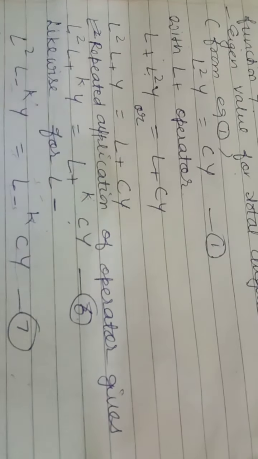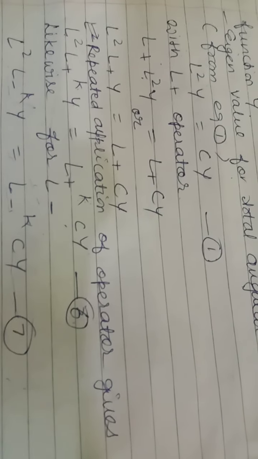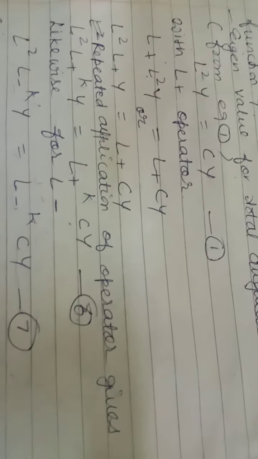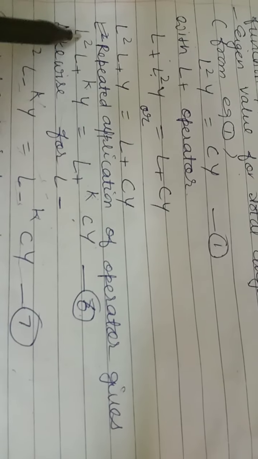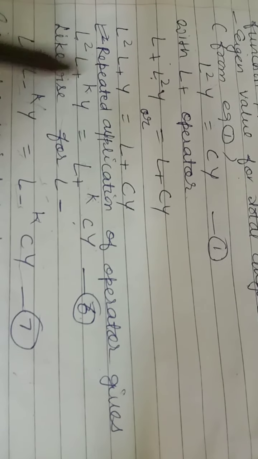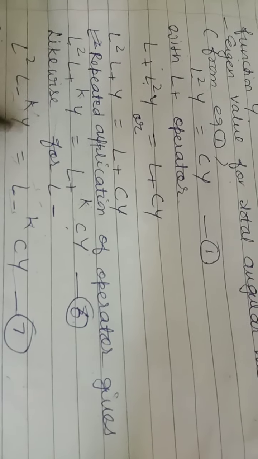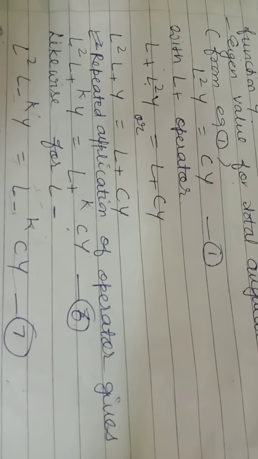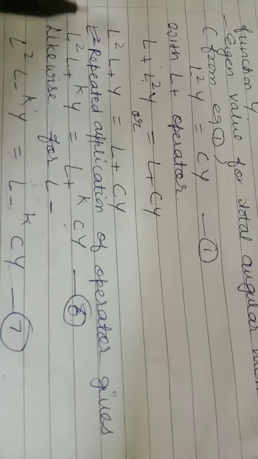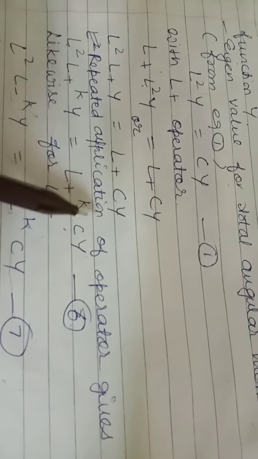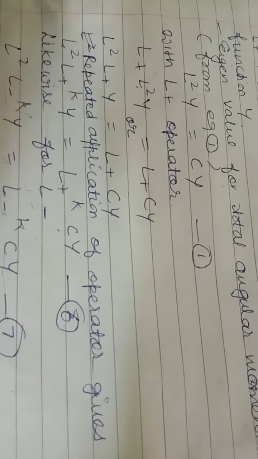So we have done both expressions: for the angular momentum along the z-axis, and for the total angular momentum represented by L square, with regard to both the ladder operators, raising as well as lowering, represented by L plus and L minus. So I think this is your complete ladder operator and angular momentum relationship between these two.